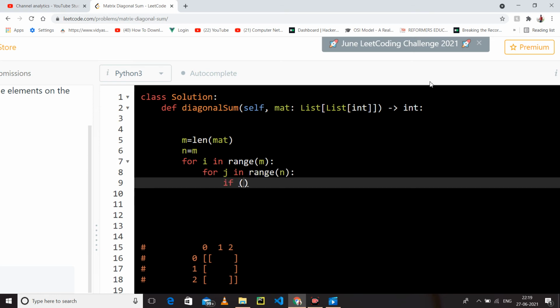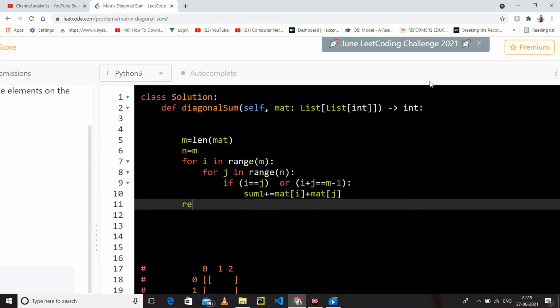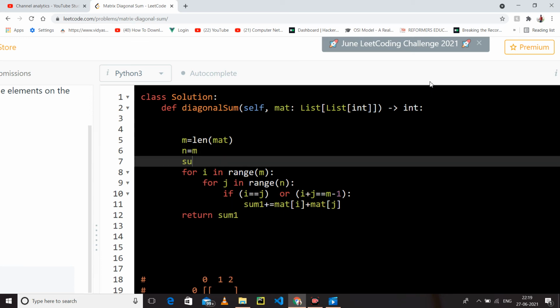Now if our i is equal to j, or if i plus j is equal to m minus 1, what do we have to do? We have to add the sum, and just return it and initialize it.